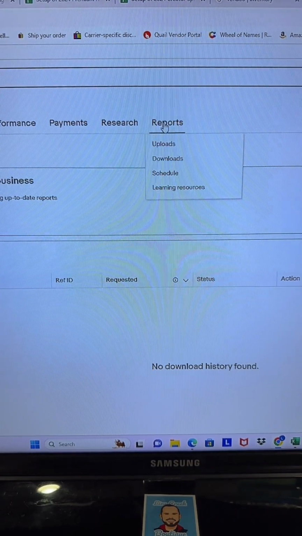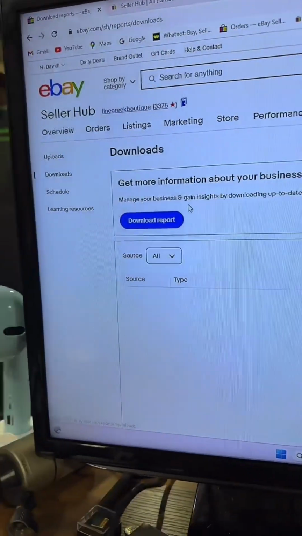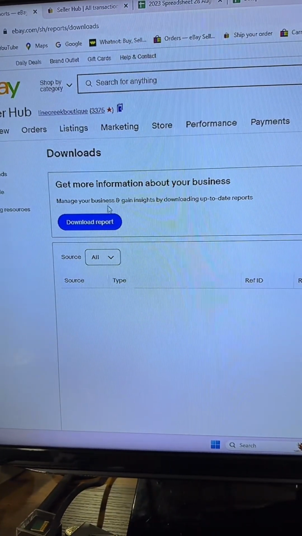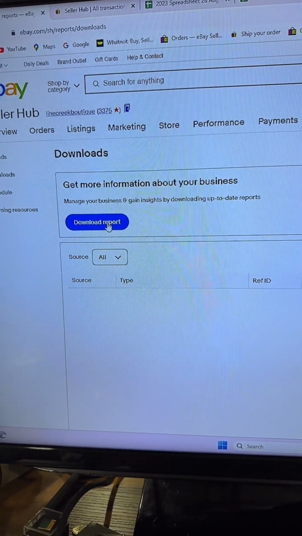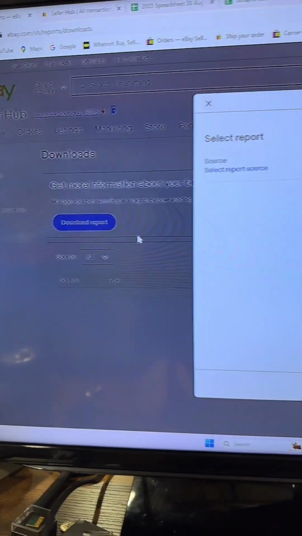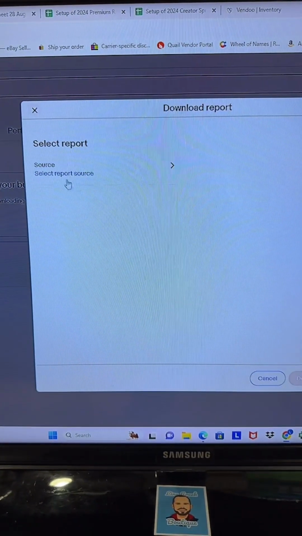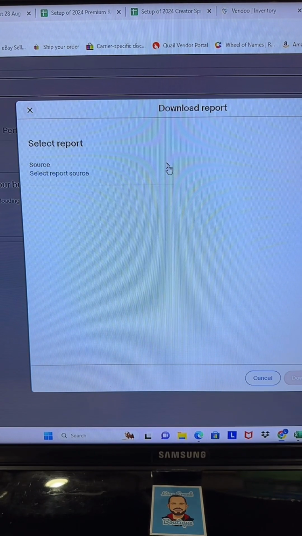So again, hop over to eBay, go to reports and downloads. And then you're going to see here a little tab that says download reports. That's what we're going to want to click on. And then a pop-up comes up and it says select report source. So if you click on this,